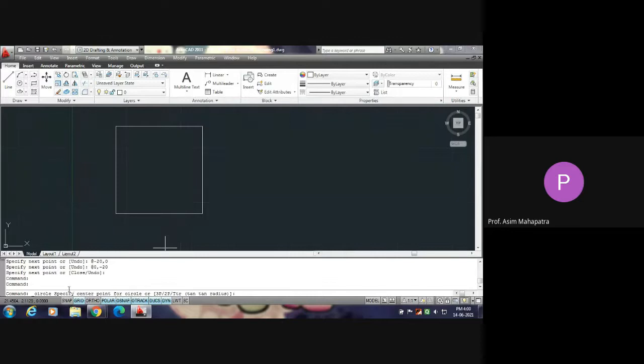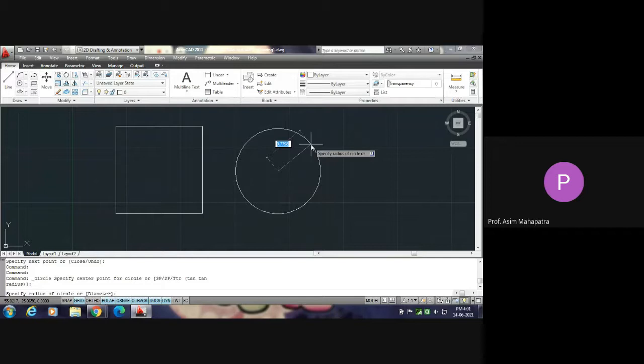In the command bar also, you see it is written _circle specify center point. So you click anywhere at an arbitrary point if the center point is not specifically known. Then your duty is to specify the radius. So give a radius value. If the radius value is not specified, you click arbitrarily anywhere. Presently it is 9.7798. No problem, you click there. So the circle is completed.